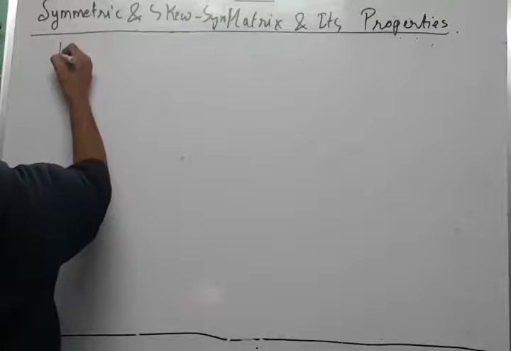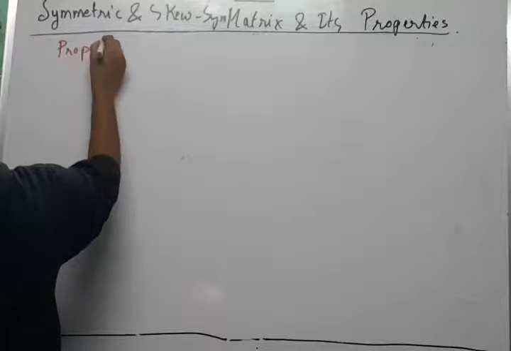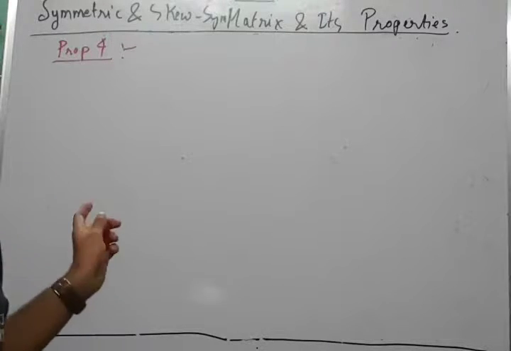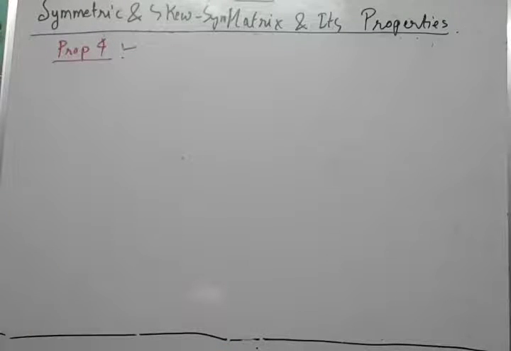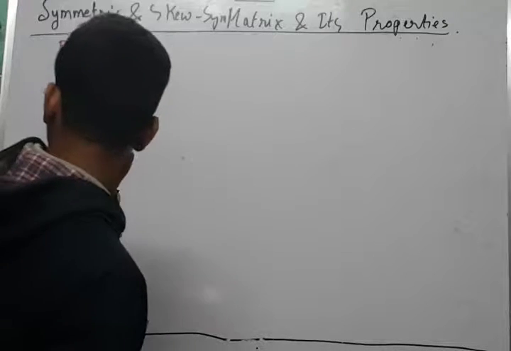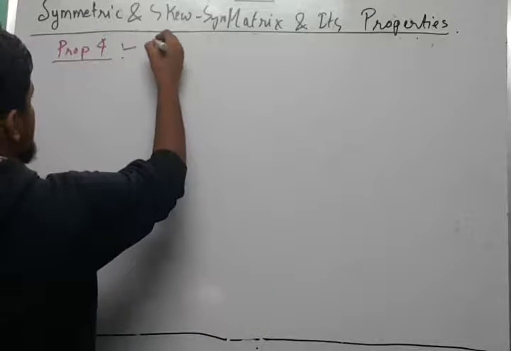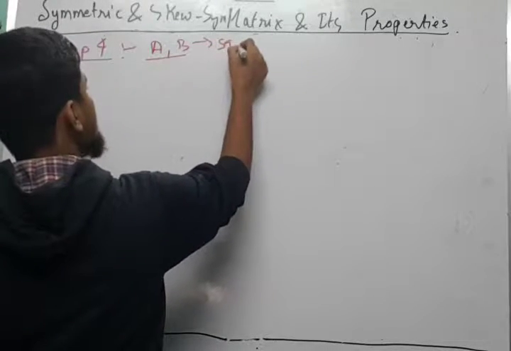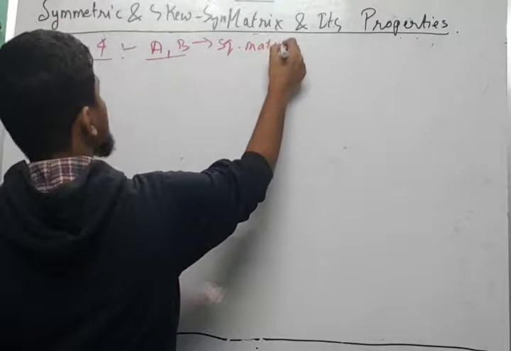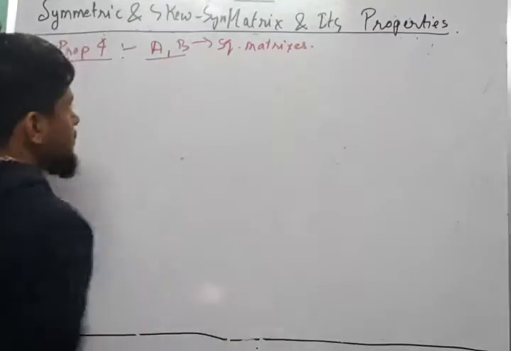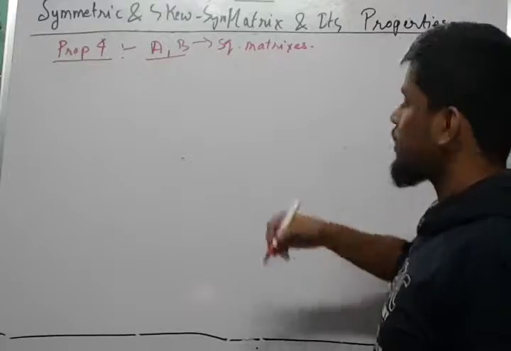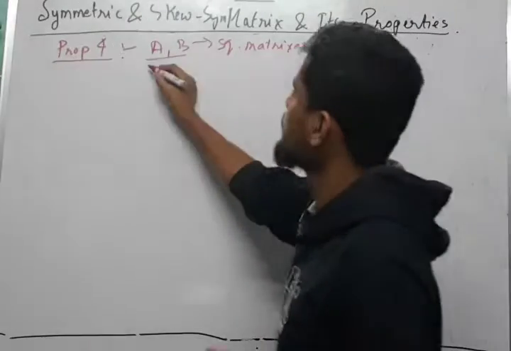So next we'll be talking about property 4. This is the next property that we'll be talking about. Now this says that suppose we have two matrices A and B, and these two matrices are square matrices. Okay, so A and B are two square matrices, then the product of these matrices,